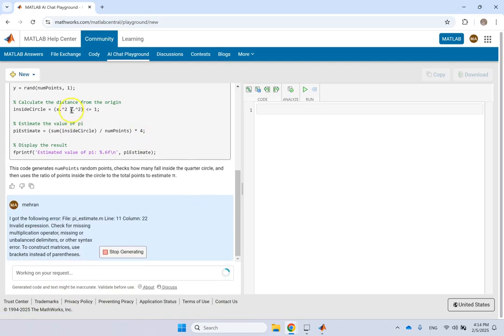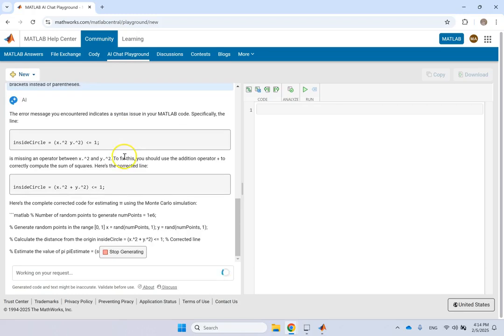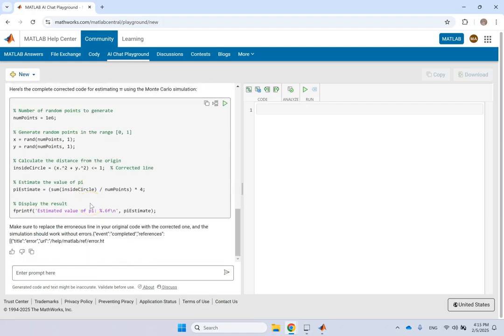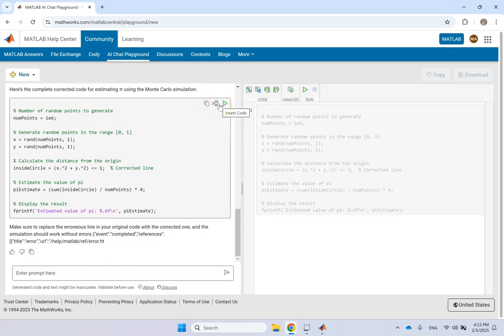Okay, so that was a very, I would say, silly mistake. And now you see it found it. Oh, it's missing an operator here, and it fixed it, okay? So it found it. Now, another thing you can see is not only you can copy the code, you can